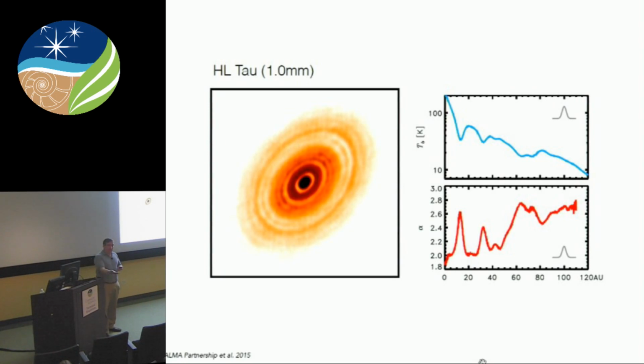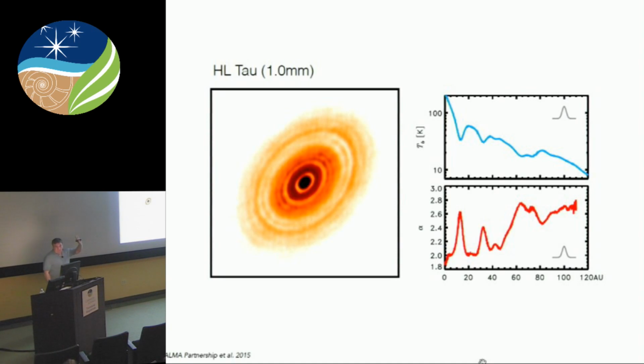Right? And again, as we said, 2 could mean 2 things: planetesimals, very big particles, or optically thick emission. So if the emission is optically thick, all you're seeing is the Planck function. The Planck function at these long wavelengths goes as about nu squared. And then you get out to larger radii where the densities are lower. You still see the same kind of opposite effect here, where you see gaps, you see smaller particles. But this is not optically thick out here, right? So this was sort of the standard observation.